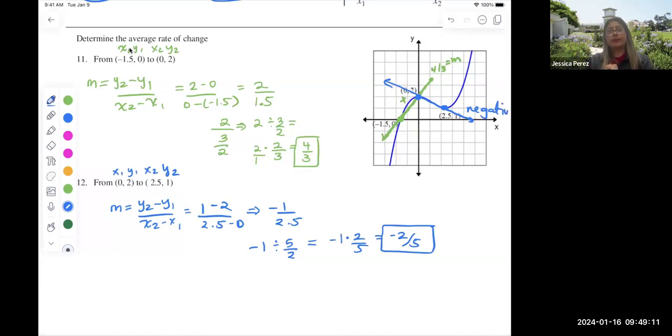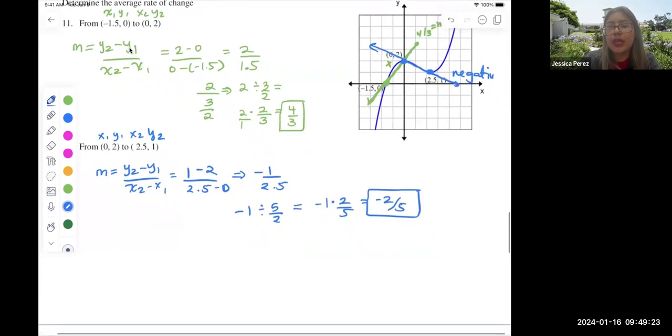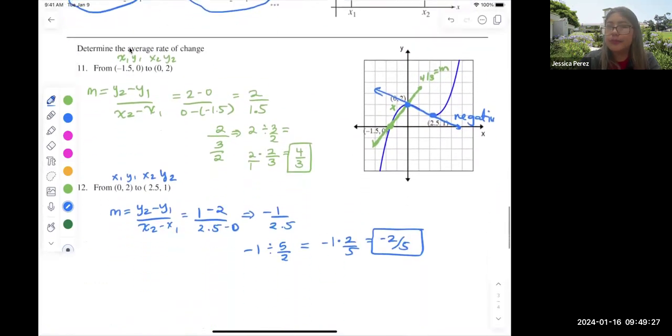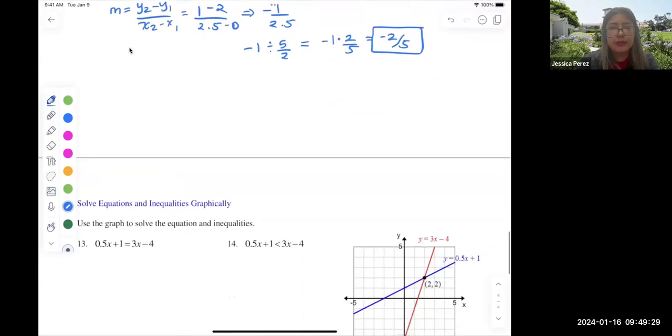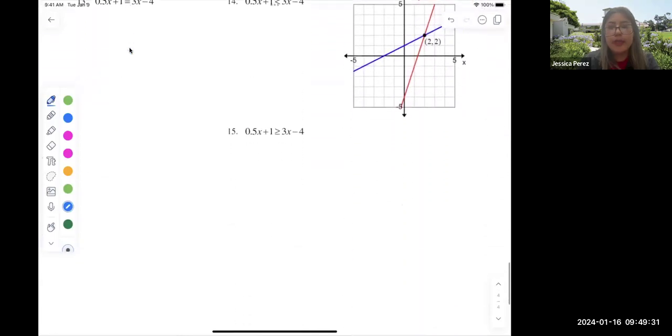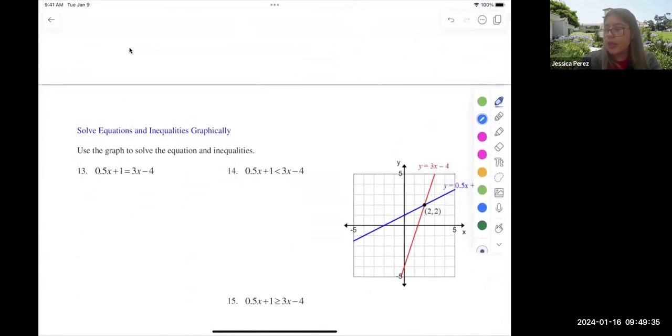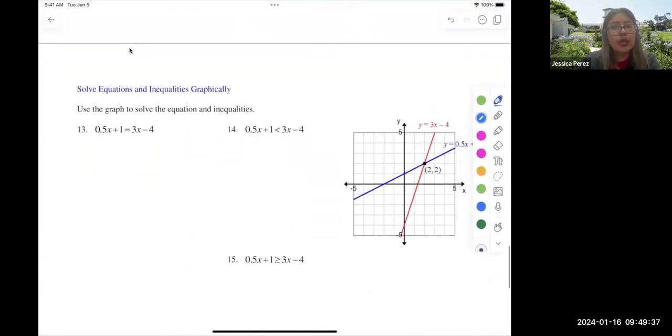Like so. And we show that, negative 2/5. So that means the average rate of change of a function that's not necessarily linear, you could still identify the slope of them. And they're called the slope of a secant line. Perfect. And then we're going to move on to the last section, which talks about graphing inequalities and or solving